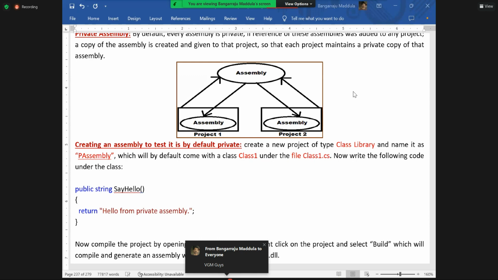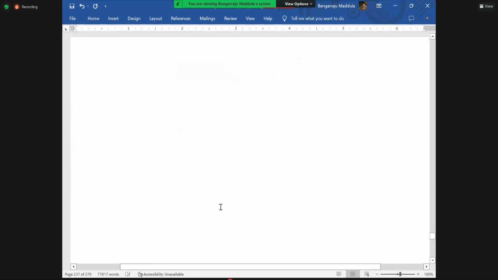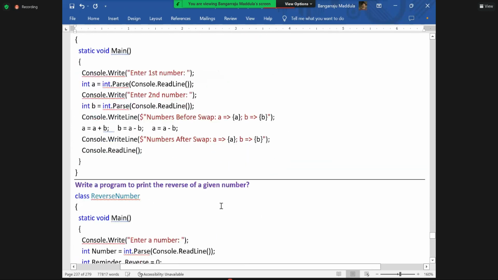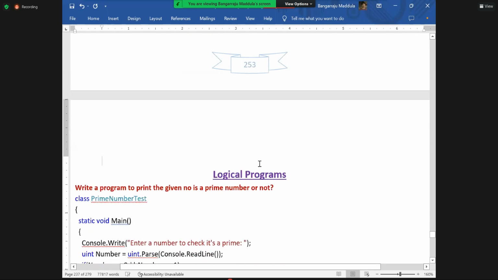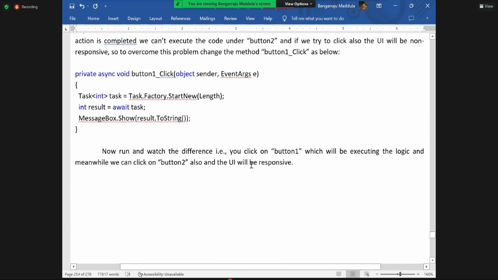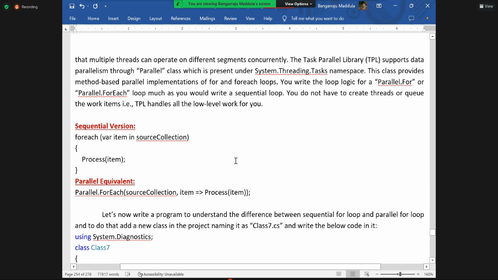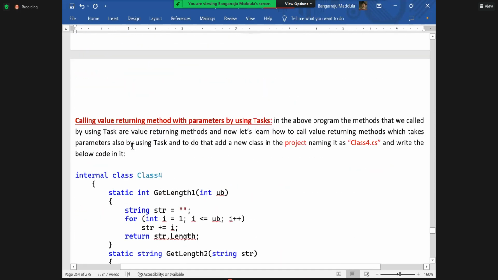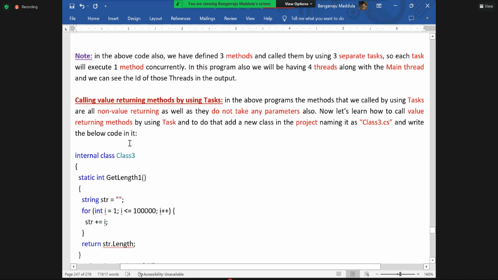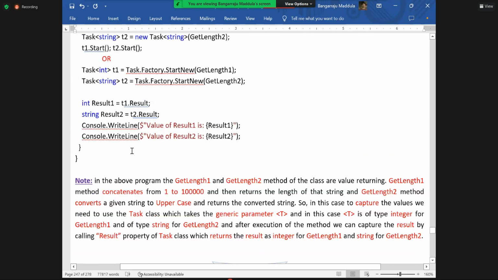Good morning, everyone. Last day we started a discussion on task parallelism. I showed you how to write a program using task parallelism, and two things were demonstrated: how to call a non-value returning, non-parameterized method,